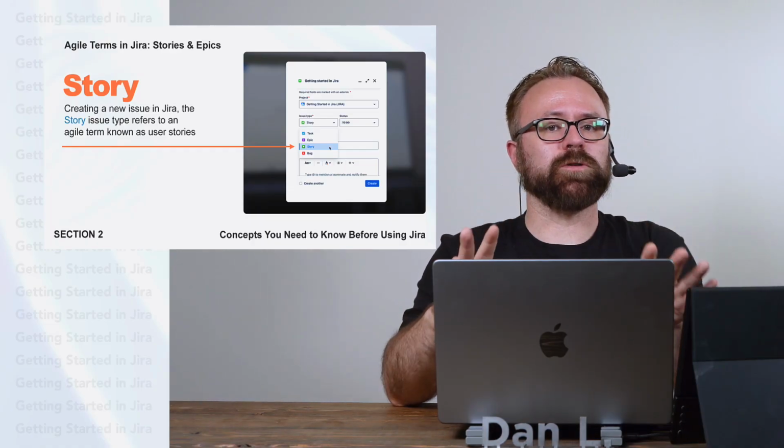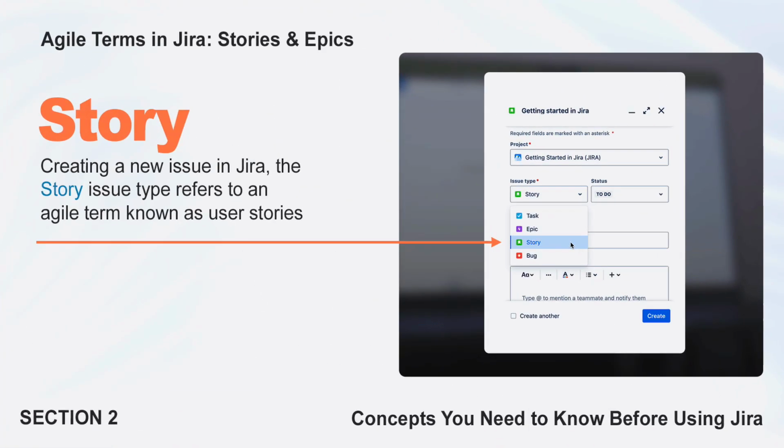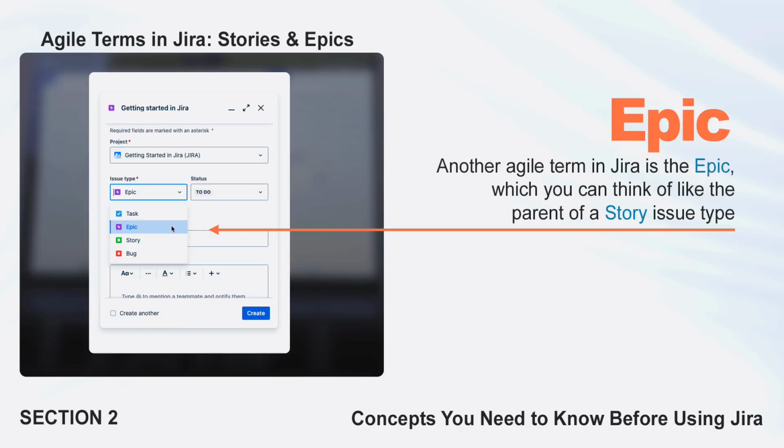But before we do that, I wanted to move on to another Agile term that we'll see, and that is the epic issue type. So in a nutshell, if you think of a hierarchical relationship between stories and epics, you'll have epics as the parent and stories as the children. Probably the easiest way to think of epics is like big, massive, epic-sized stories, because